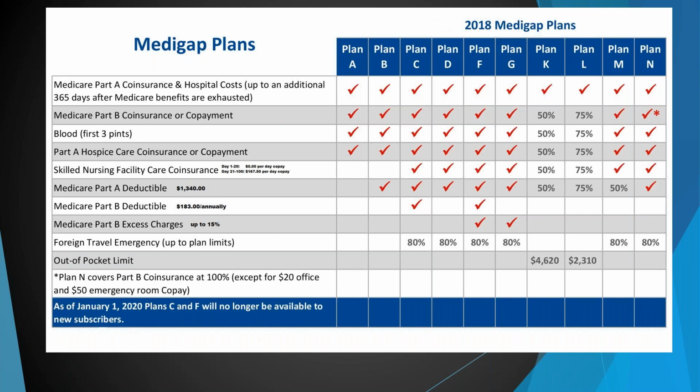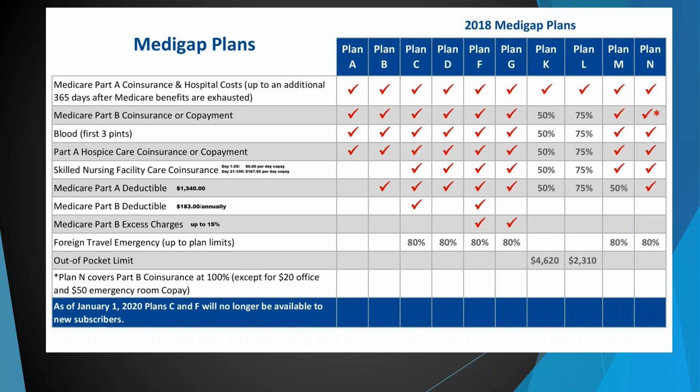So if you're going against somebody that has an existing plan G, they're not a heavy utilizer, and you're recommending a plan N, and that other agent says, well, why would you go with the plan N? You're going to have to pay the 15% excess charges. You know what? You would have already looked up the doctors. You would have already communicated to the client that none of their doctors or their hospital charges the excess charges. And when that agent tries to save that business, that client will be so educated from you that they'll know that that agent is not as astute as you are. That's the whole point here. You will always know more than the next person.